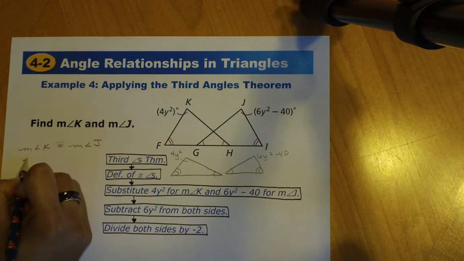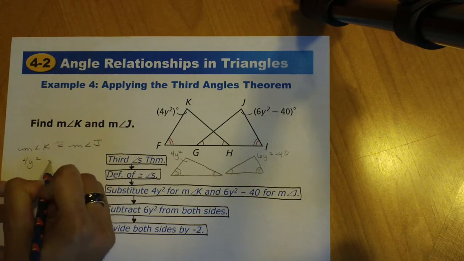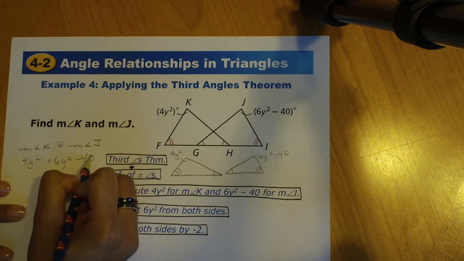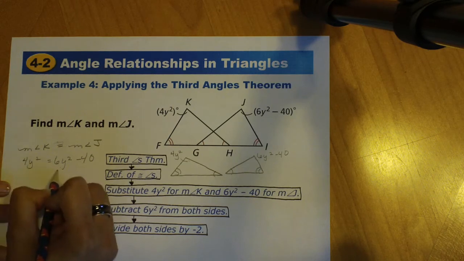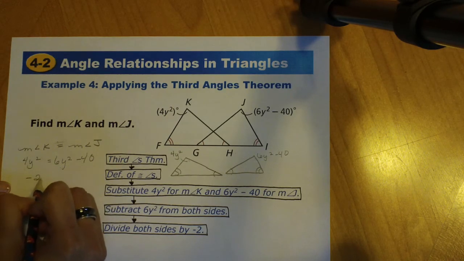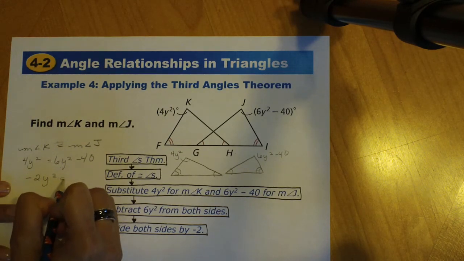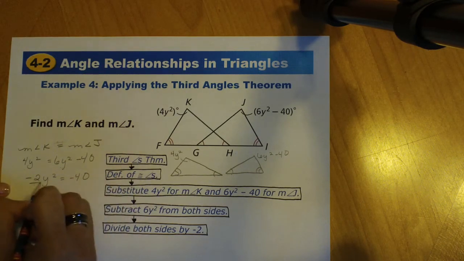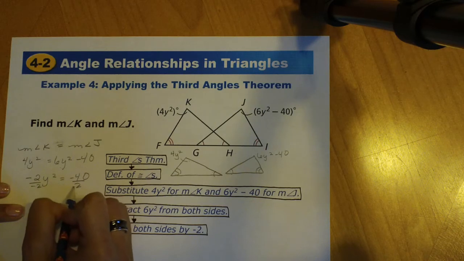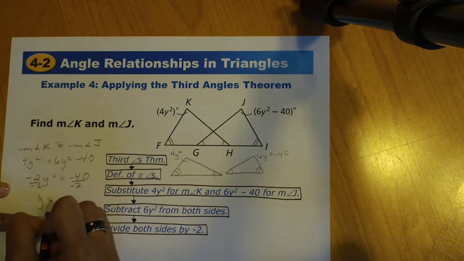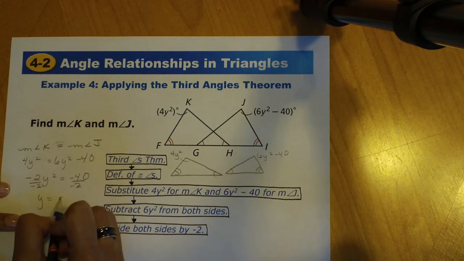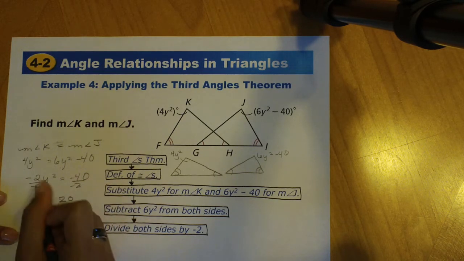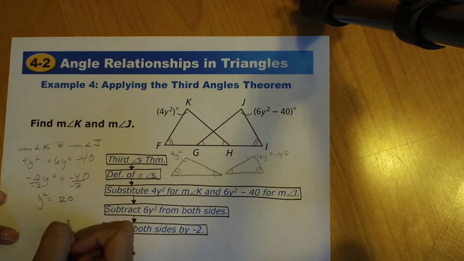Okay, so then I have 4y squared equals 6y squared minus 40. I subtract the 6y squared from both sides. That'll give me negative 2y squared equals negative 40. Divide both sides by negative 2. That'll give me y squared equals 20. And then I need to take the square root of both sides,